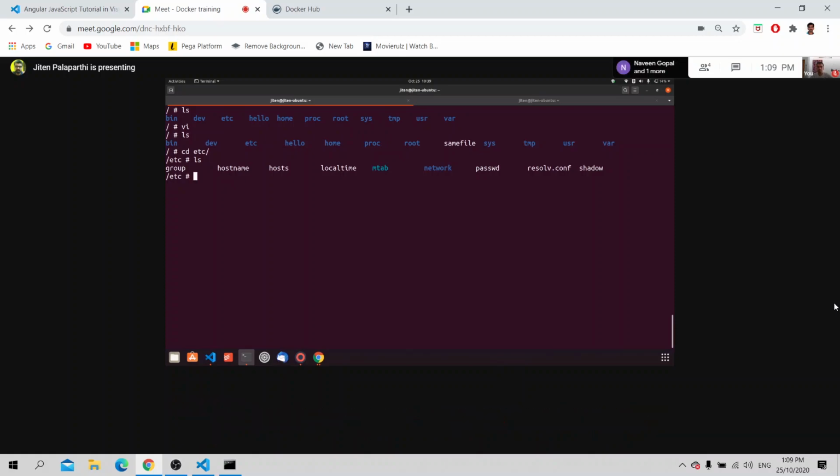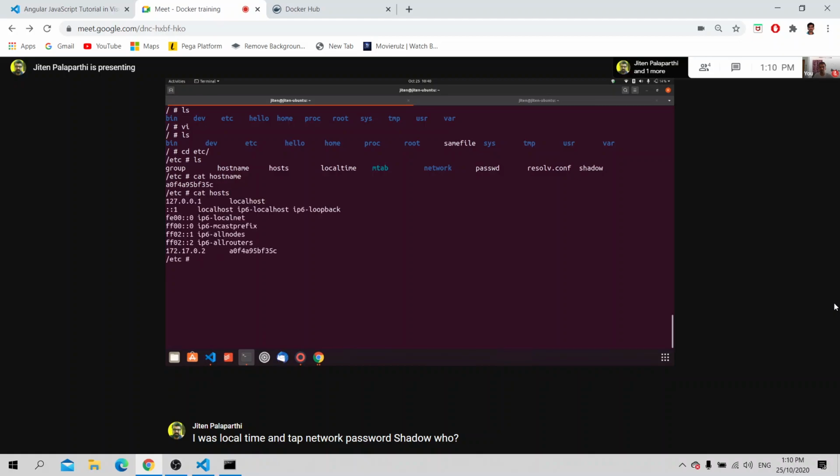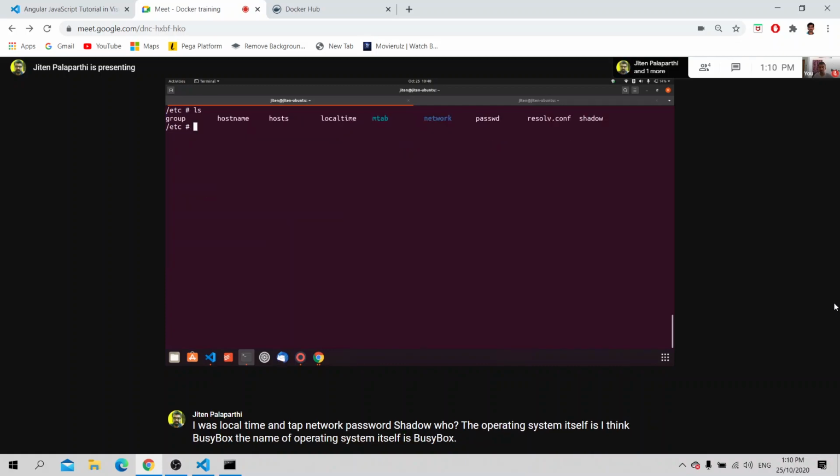It lists hosts, profile, network, password, shadow, root. The operating system itself is, I think, BusyBox.